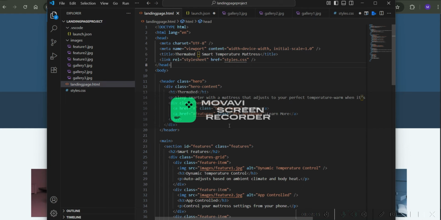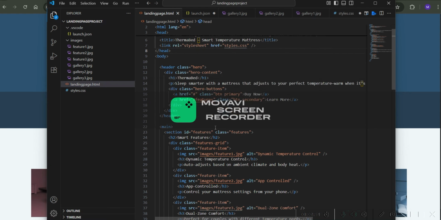Okay, so we move on to our next part. Hold on. For this one, this is actually the primary. As you can see here, this is the primary and secondary call to action buttons. And then if we move on to